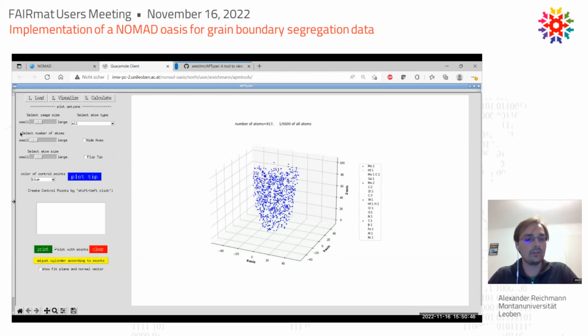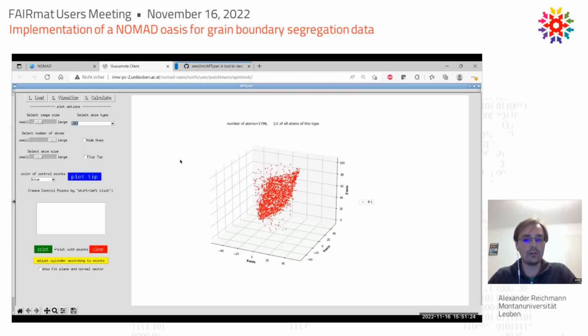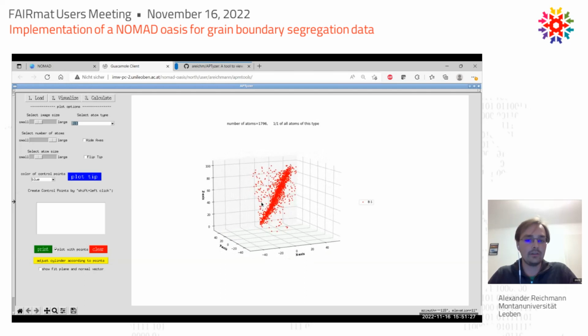I can select the amount of atoms which I want to show. For example, here on top of the screen, you can see I selected now 900 atoms, which is 1/5000 of all the atoms. And I can also choose the atom type that I want to show. In this tip, I know that carbon and boron is segregating under the grain boundary, so I select, for example, here boron, and I know there's only a few boron atoms, so I select the number very high so that it basically shows all the boron atoms,